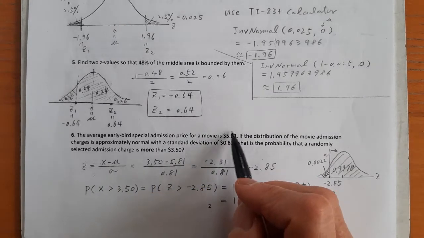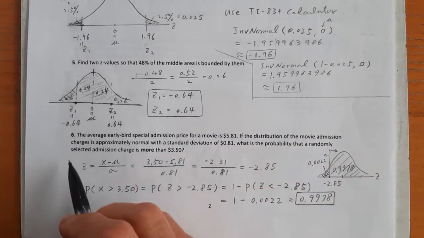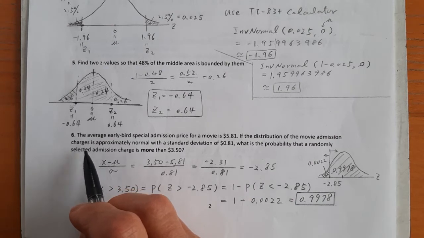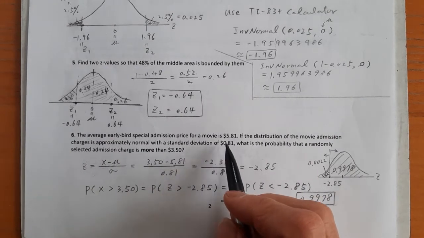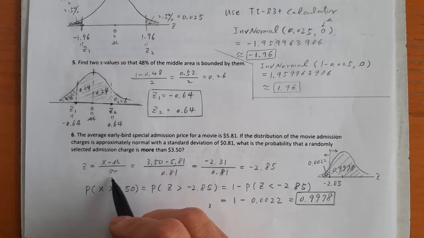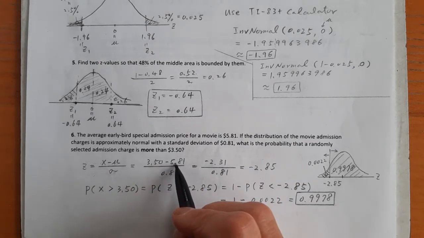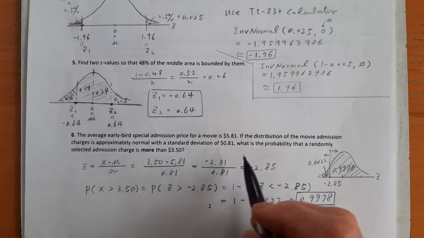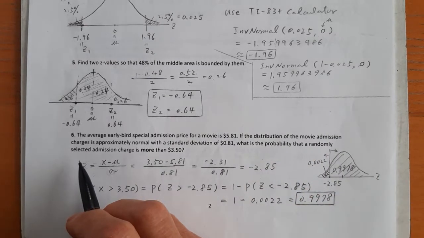If the distribution of the movie admission charges is approximately normal with a standard deviation of 0.81, and the mean is 5.81, what is the probability that a randomly selected